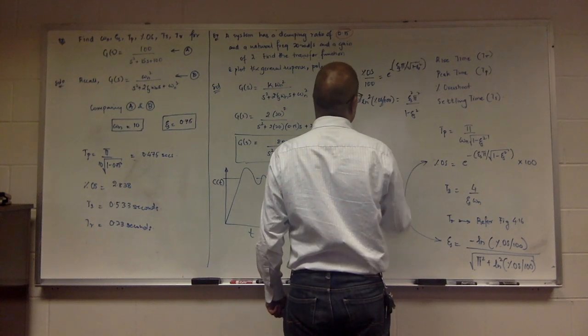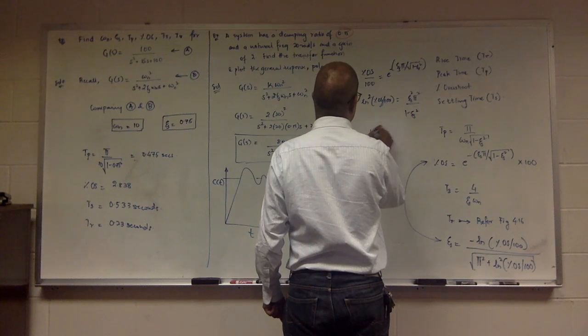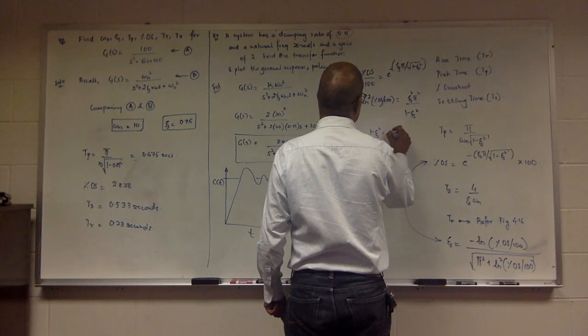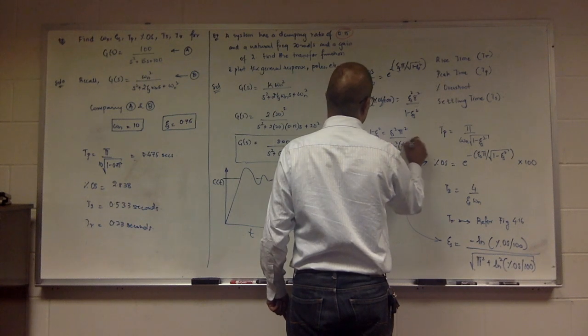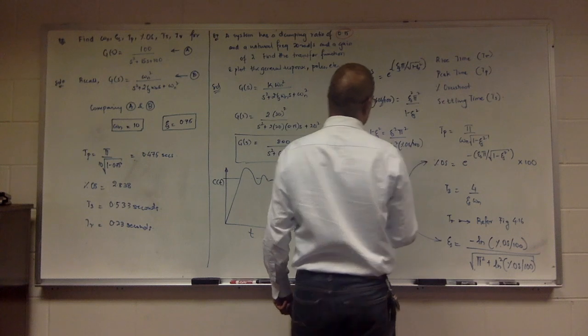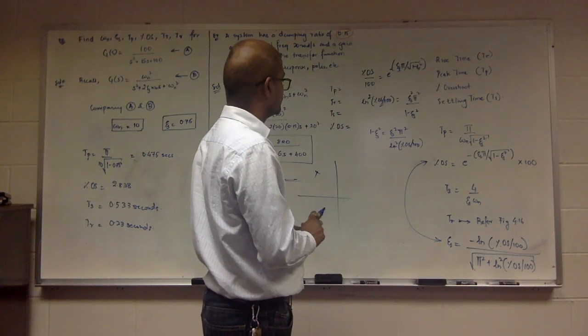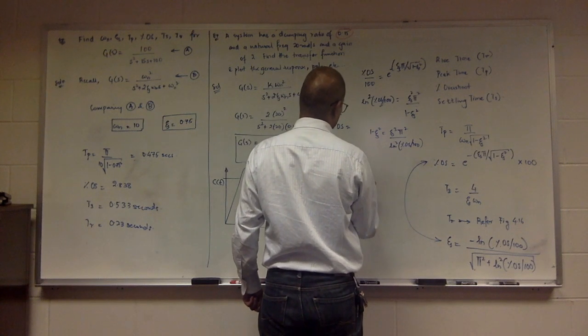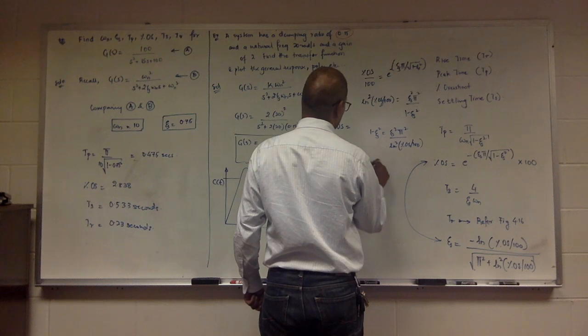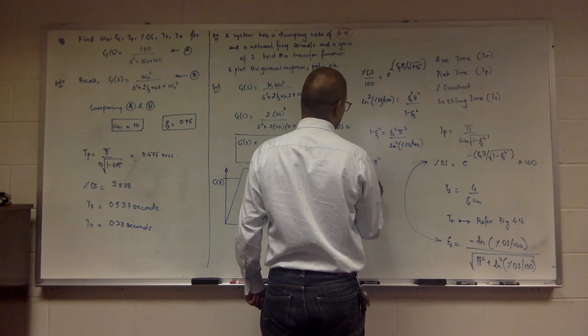Right? And you can do 1 minus zeta squared is equal to pi squared. So zeta squared pi squared divided by ln squared of percentage overshoot divided by 100. Okay. And you can do zeta squared times 1 plus pi squared divided by